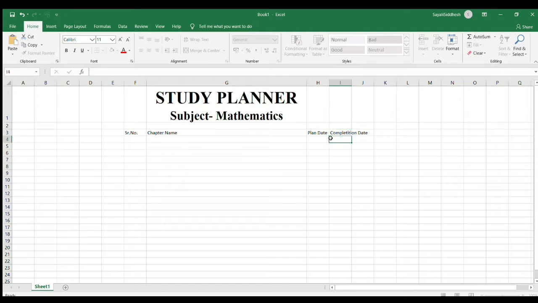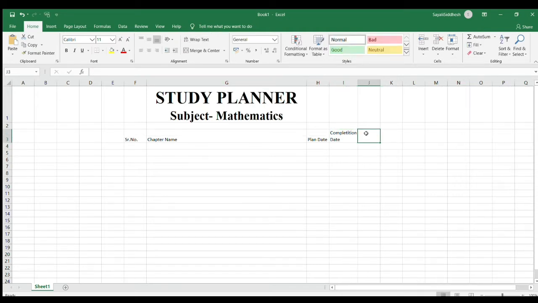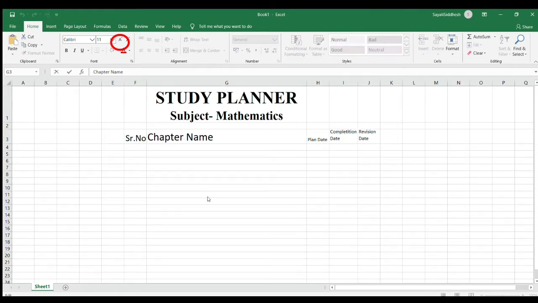Now here again, to fit it in one column, I'm doing wrap text and dragging the I cell towards the right. Now put revision date, again wrap text it, and now increase the font size as I have shown in the video by clicking the capital A upward arrow, or you can simply do it as I have shown before.